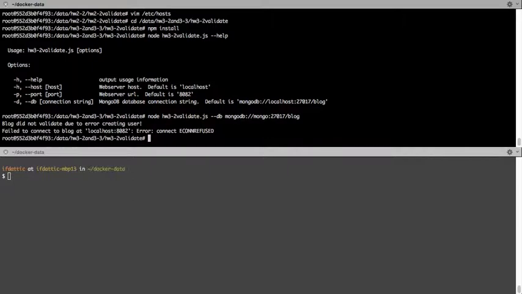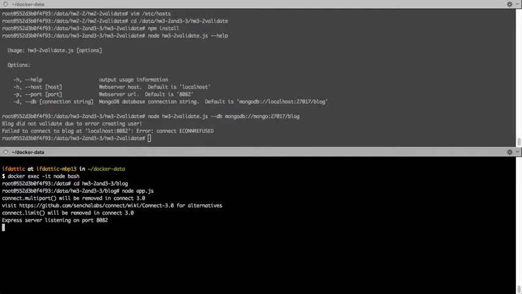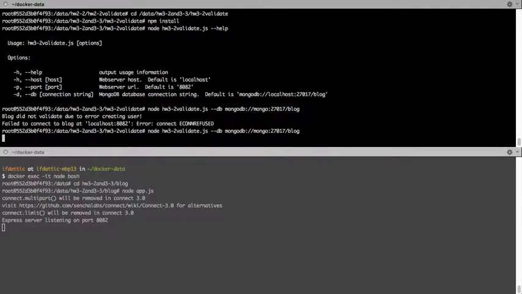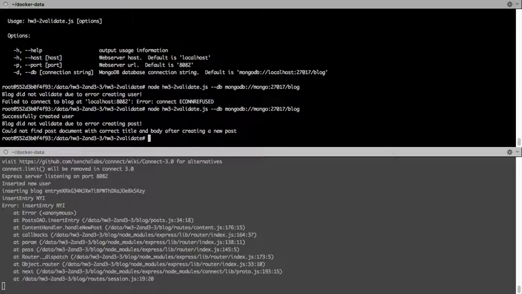To run it, connect to your node container and run the application. If you did your homework assignment correctly, you should receive the validation code.